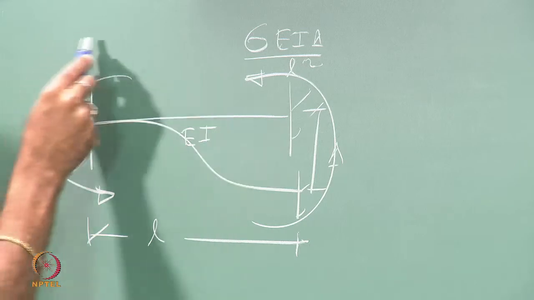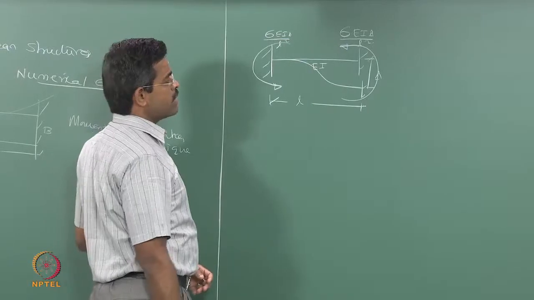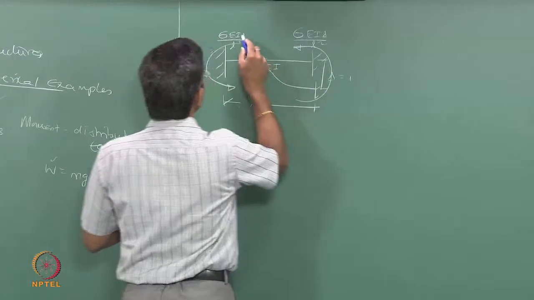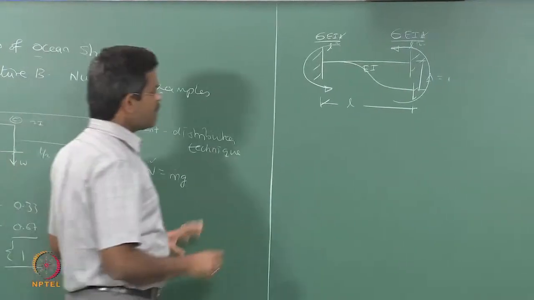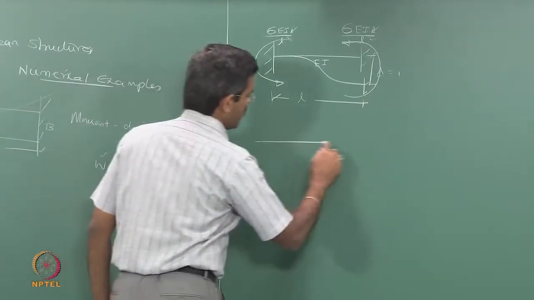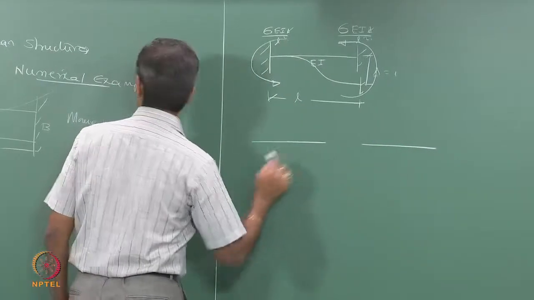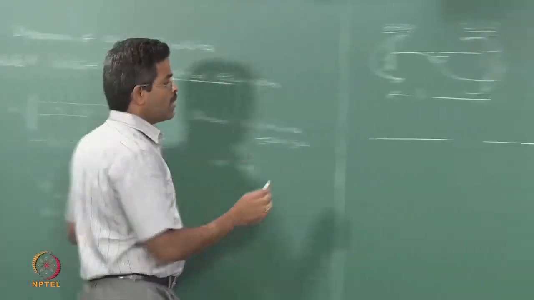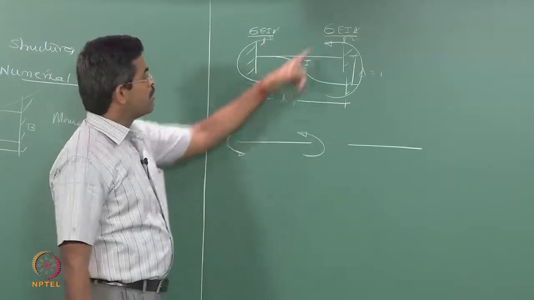So, the same amount will get transferred here, 6E delta by L square. Since we are interested in finding the equivalent stiffness of the member, we will always say I want to find the force for unit deflection, and therefore, delta is going to be unity in the whole exercise. So, I am trying to write down these values for both these pieces separately here. Let us say this is one piece, this is another piece. So, you know this is going to settle down because that is what I am trying to do. The displacement should be given in the direction of the load, therefore, I will have a moment of this order on this order. Essentially, this is going to be 6E delta by L square.